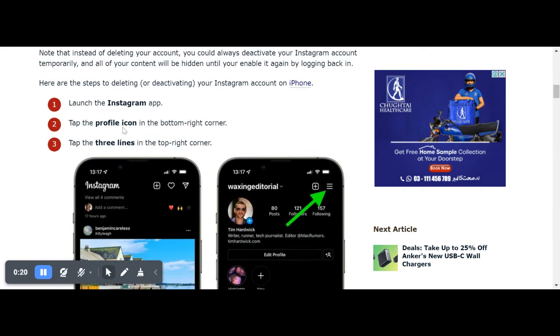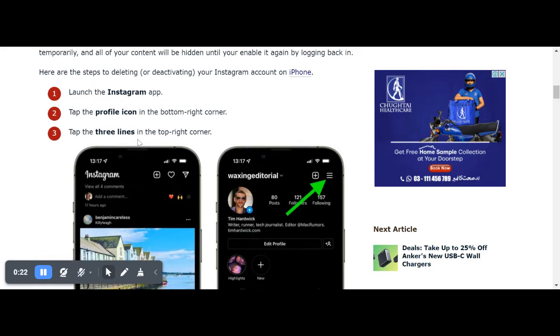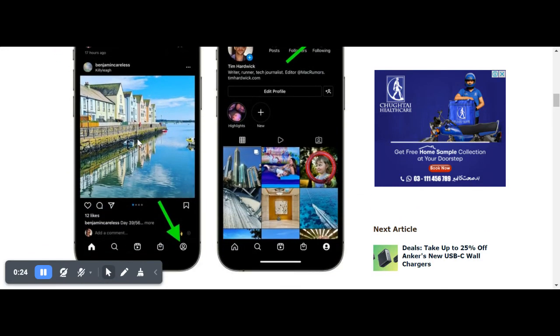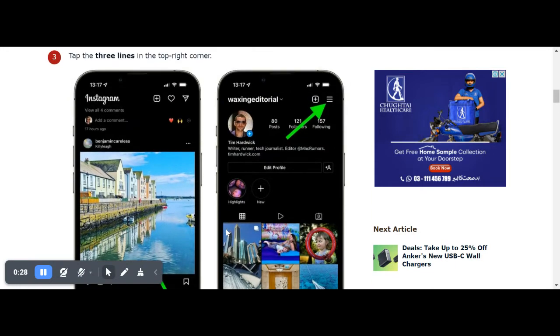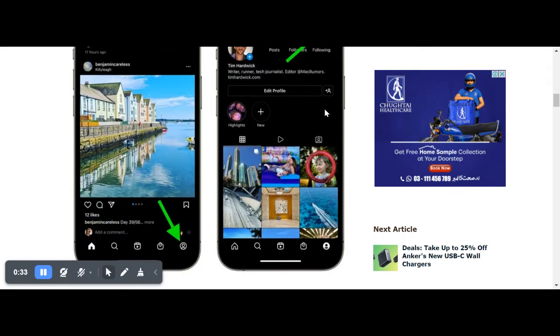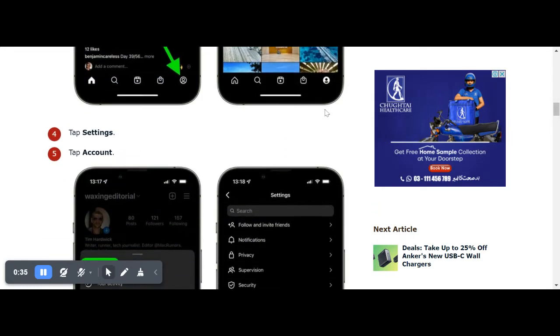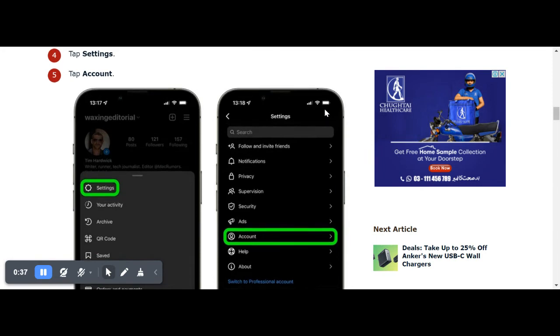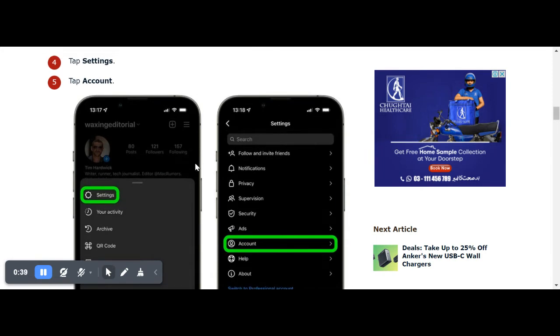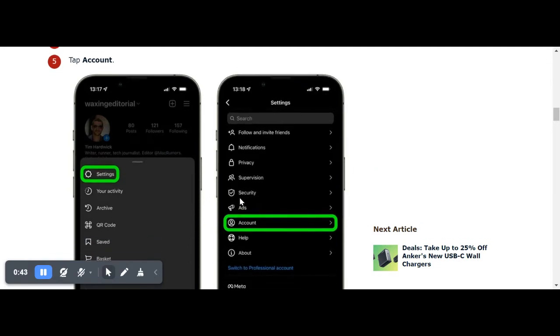Step one: launch the Instagram app. Step two: tap the profile icon, which is in the lower right corner. Then click on the three lines button in the top right corner. Then the third step will be Settings. Tap on Settings. The fourth step is tap on Settings, and then the fifth step is tap on the